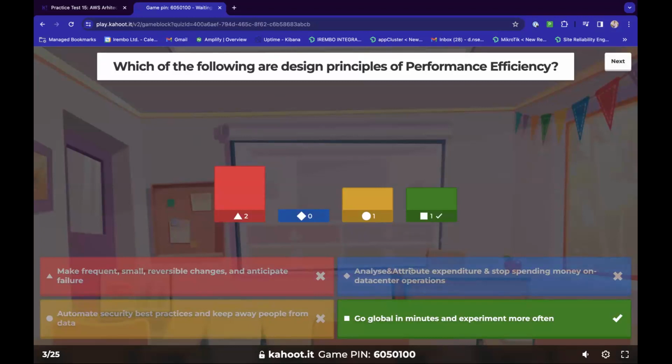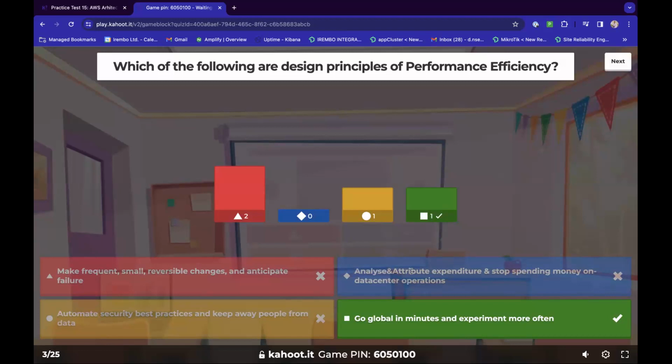Second, analyze and attribute expenditure, stop spending money on data center operations. So this is as well an operations one, but it's not performance efficiency. Automate security best practices that keep people away from data.